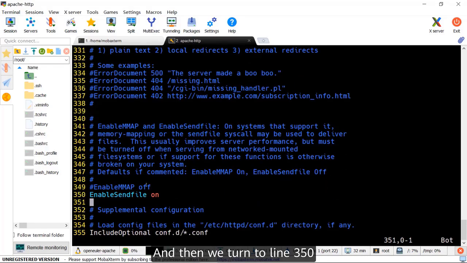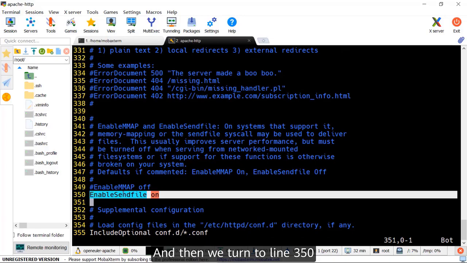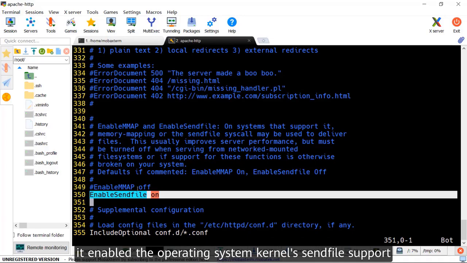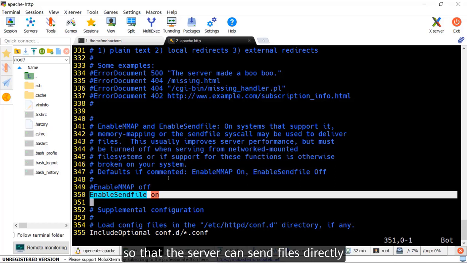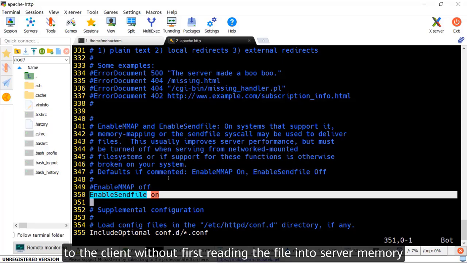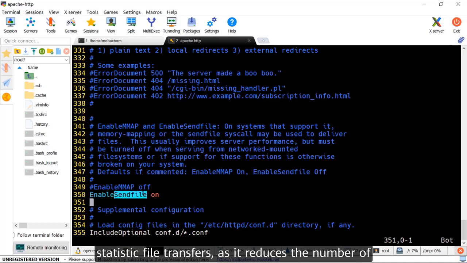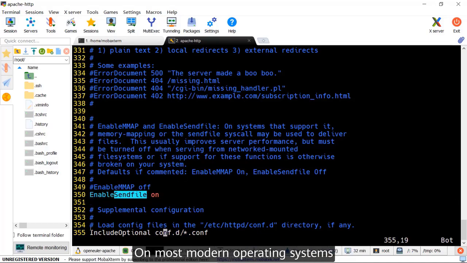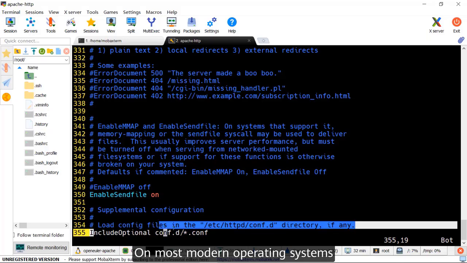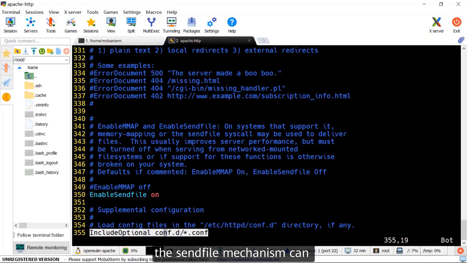And then we turn to 350. It enables the operating system kernel's sendfile support so that the server can send files directly to the client without first reading the file into server memory. This is often used to improve the efficiency of static file transfers, as it reduces the number of file reads and writes. And if we set it on for most modern operating systems, the sendfile mechanism can significantly improve